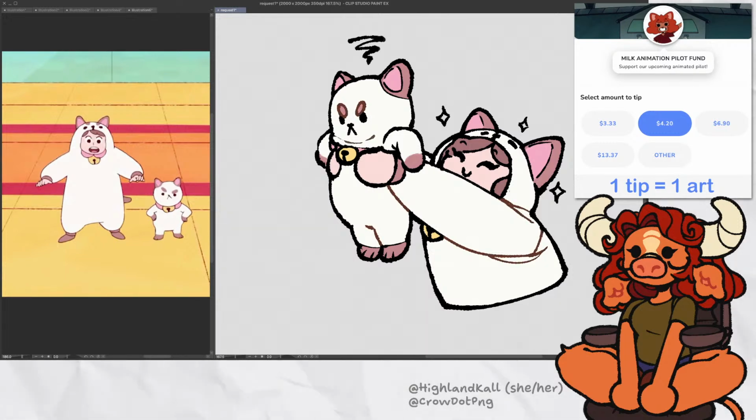And then I can just kind of add a little bit more here. Probably just do this for like the ears. I think that's a good stopping point.